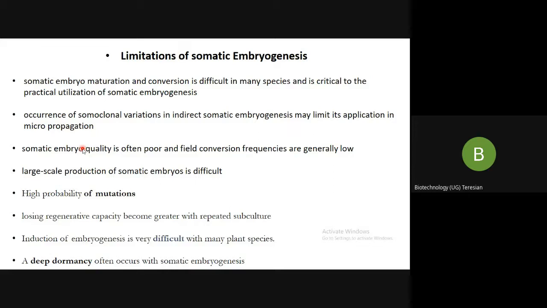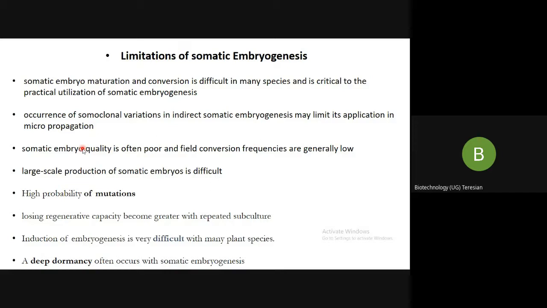So theoretically we say that cells can multiply indefinitely without loss of morphogenetic potential. But in practice, that is all theoretical. Theoretically, whatever we have spoken is fine. It is like you are in cloud nine. We can do so many things theoretically. But when it comes to practical, what is the conversion rate? If you say theoretically 90%, practically you will be getting 40%, 30%, or nothing. It is not that easy.